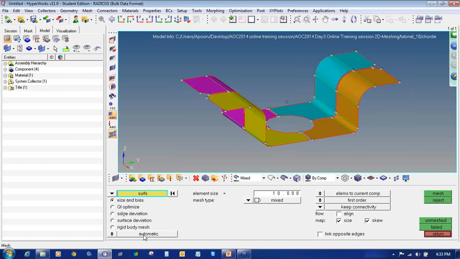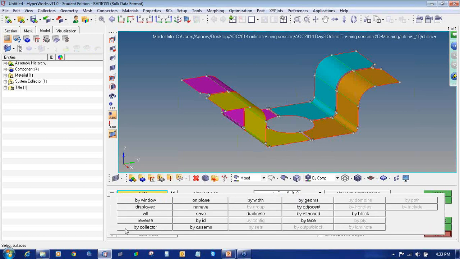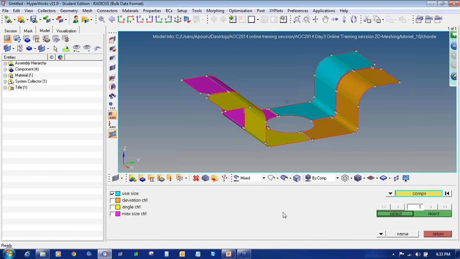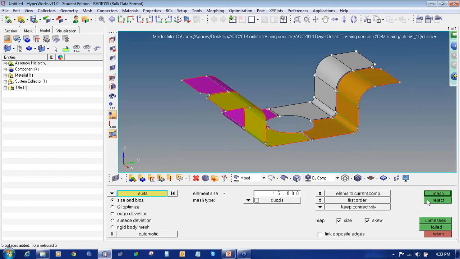Select the surface type as automatic. Enter the element size as 15. Set the element type as chord. Click on the surfaces and select by collector and check the box use size and say mesh. Select it and then click on mesh.